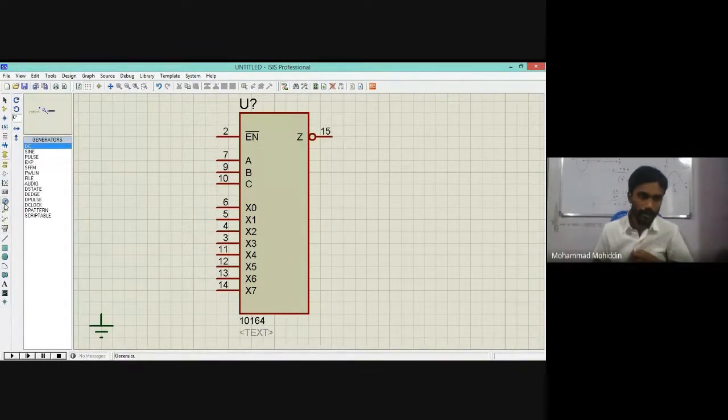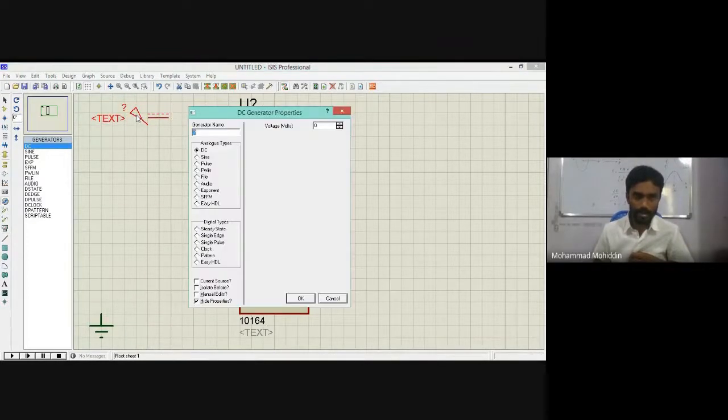Okay. So this is a signal. In the signal you take voltage, DC. So this is voltage. Here I will keep voltage, power. Just double click upon this, you can select voltage, 5 volts, DC. That we call supply, power, logic 1. This is called logic 1.